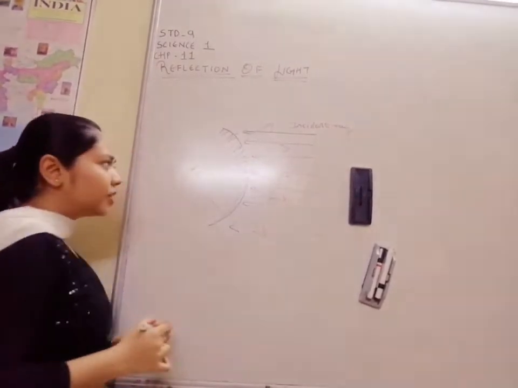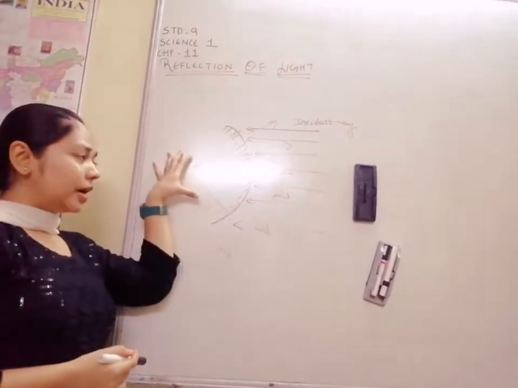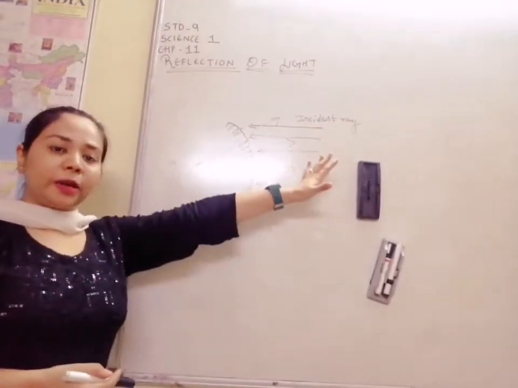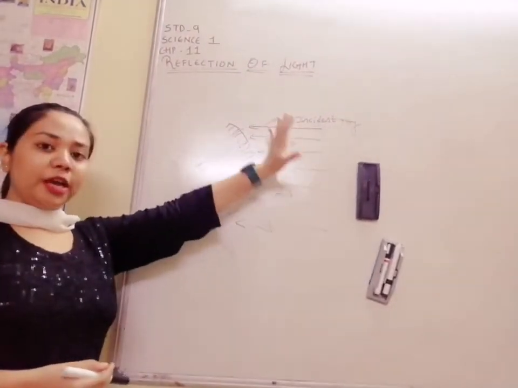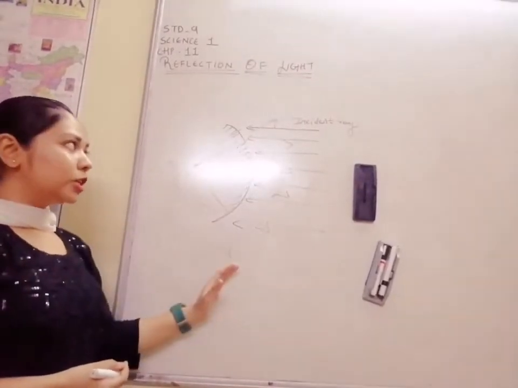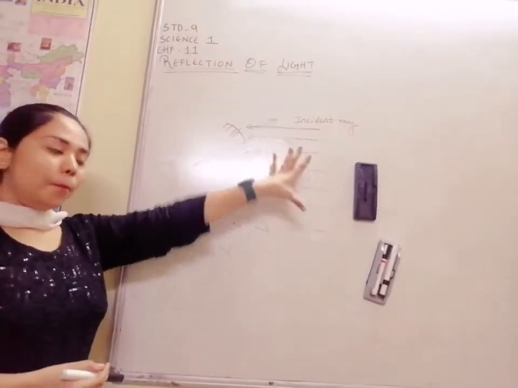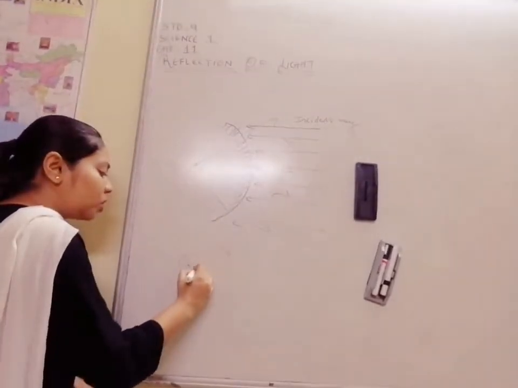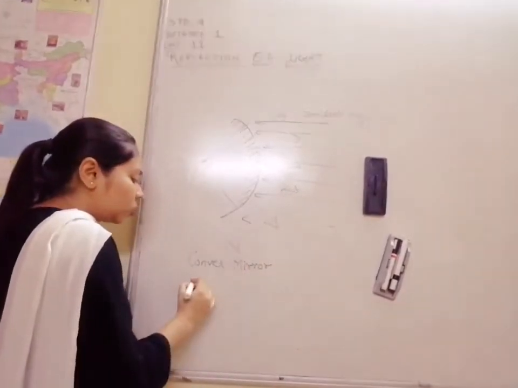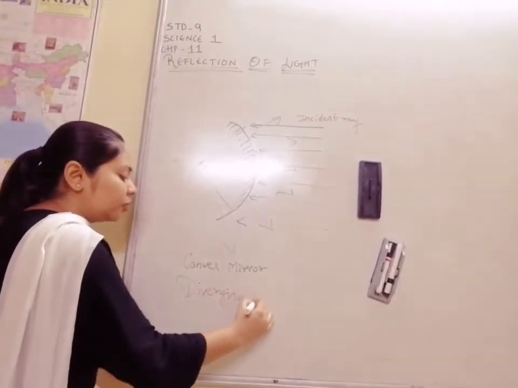What happens in convex mirror? The incident ray comes back of the mirror. Okay, back side of the mirror it will come. It will converge, and then it will throw the reflected ray. And that all reflected ray will be spread like this, and that's why they are known as what? Diverging. It will be diverging from one single point, and that's why convex mirror is also known as what? Diverging mirror.